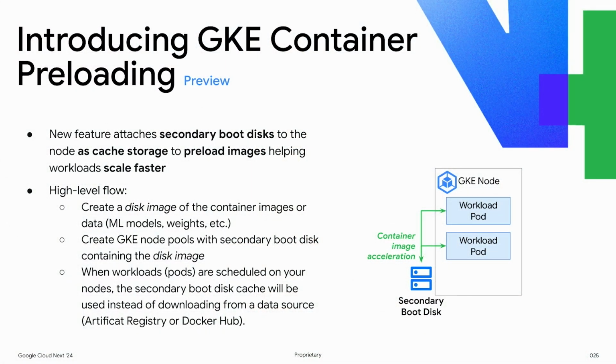The user journey is quite simple. All you need to do is tell us where your container image is, whether it's an artifact registry or Docker Hub. And then we create a disk image out of it, which is essentially a PD, a persistent disk-based image, which essentially goes into the boot disk. And then you would create your node pools and say, hey, create a node pool with a secondary boot disk and with this disk image, which essentially references a container image. And then when your workloads are scheduled, you get that automatic acceleration out of the box, and you don't pay for that download of the container image from any sort of registry anymore, because now it's all baked into your node pool through this feature.